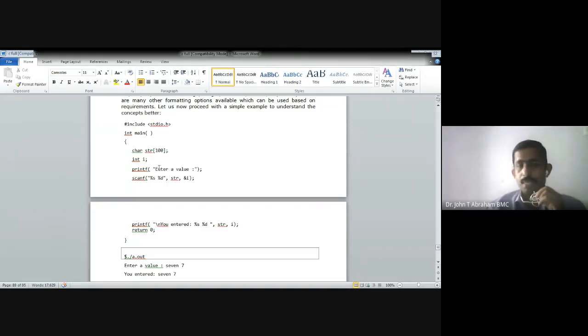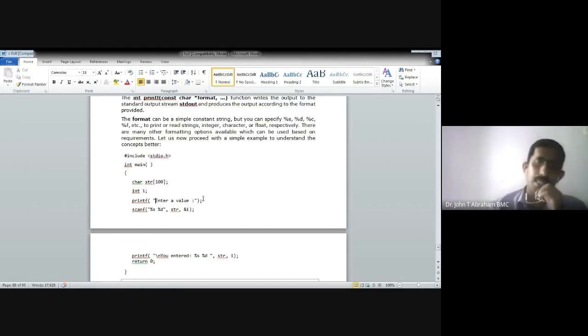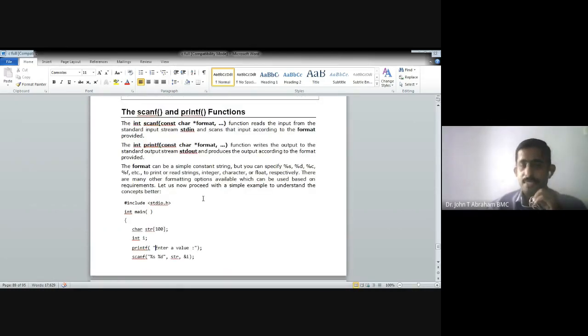We write printf("%d", i), outside the double quotes we write i, which means the value of i will be displayed here. So that is the printf and scanf statement. Scanf is an input statement. Printf is an output statement.